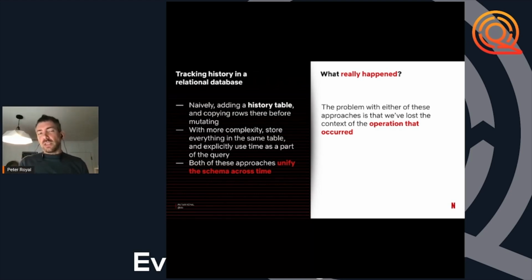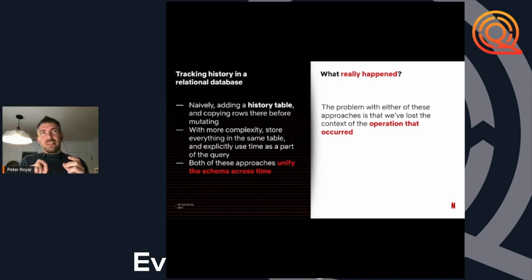What do you do when you do schema changes for the customer table? You have to do the same schema changes on the history table. If you delete a column on the customer table, you don't want to delete it from the history table. The schemas are going to start to deviate. And if you think about foreign key constraints and other database constructs, this becomes very messy. The way I think about it is you're almost really unifying your schema across time by using this approach, which is not something that you want to do.